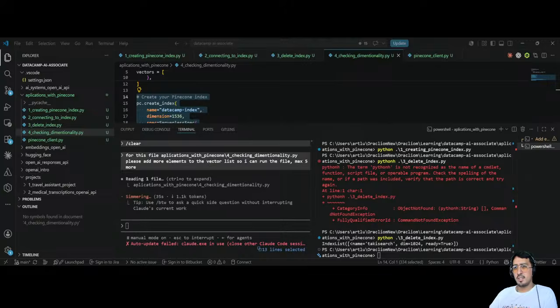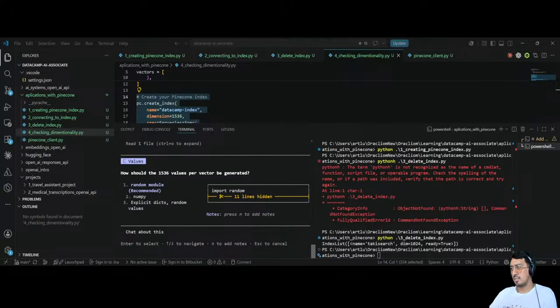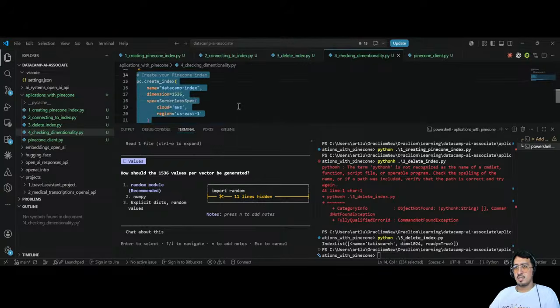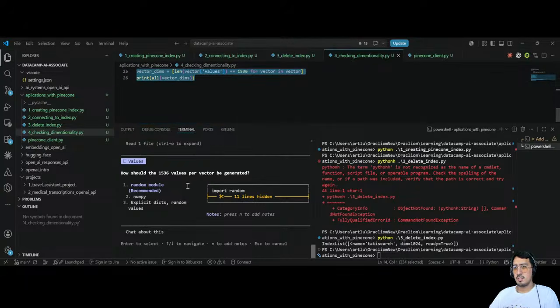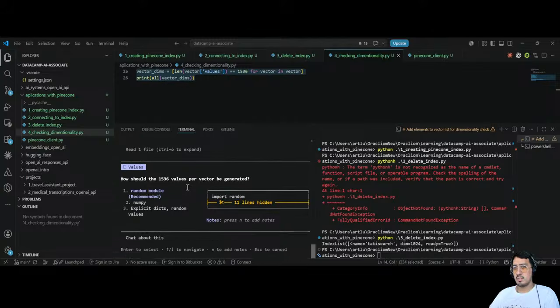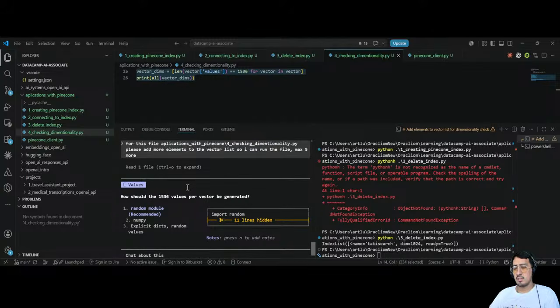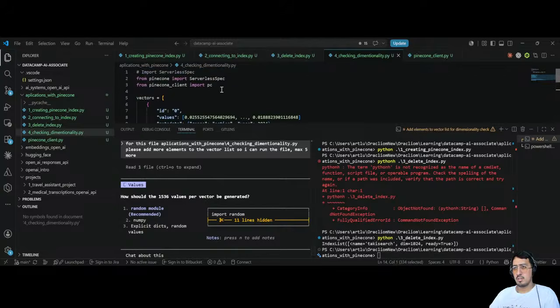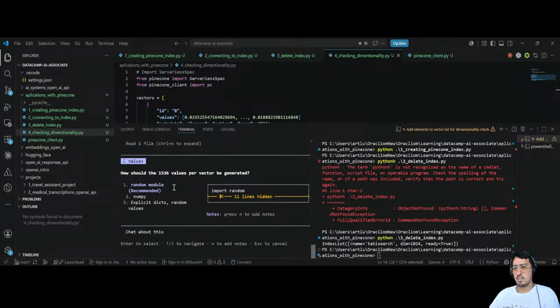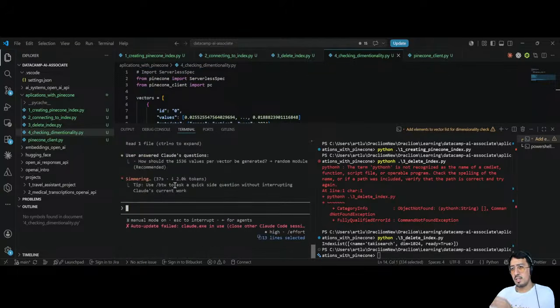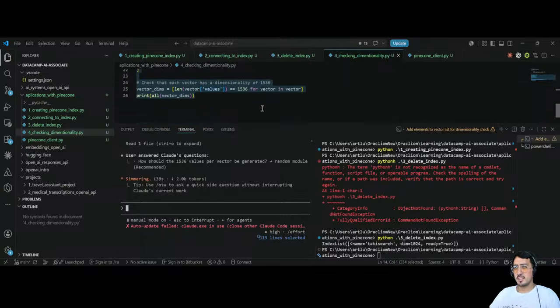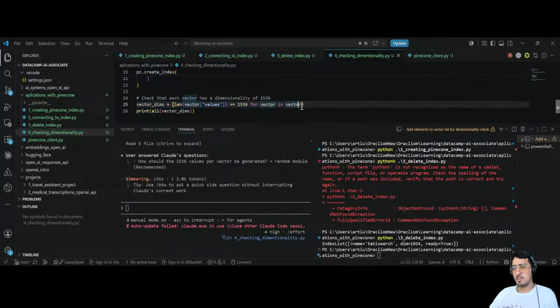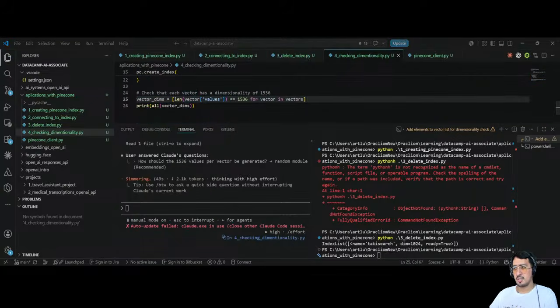For vector in here, here's vectors. So a random model, I think, is better. And here should be for vectors. So now if I run the code,